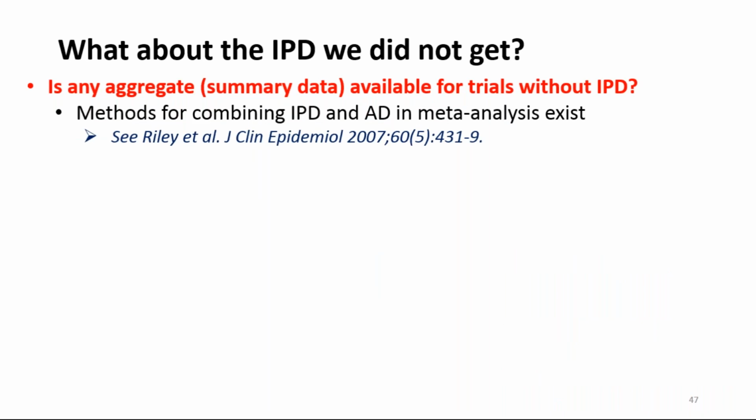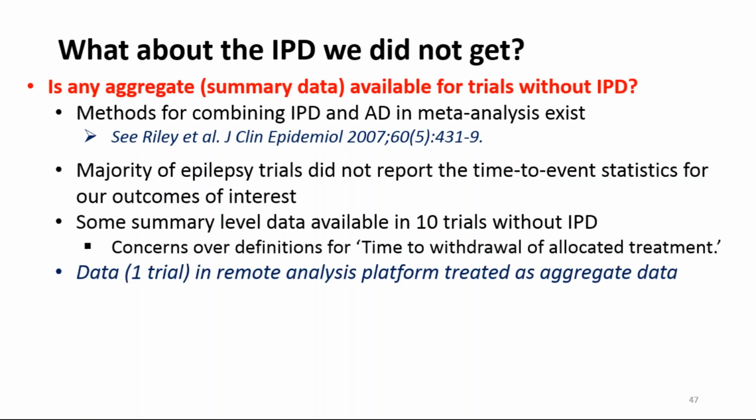Finally, we can think about whether any aggregate level data or summary level data is available for trials without IPD, as there are methods out there for combining IPD and aggregate data within meta-analysis. So looking at our epilepsy trials, the majority of them didn't report the outcomes themselves, so time to treatment withdrawal, time to first seizure, time to seizure remission at all, and very few of them reported the time to event statistics that we needed. There was some summary level data available in 10 trials without IPD, so 10 of those 41,